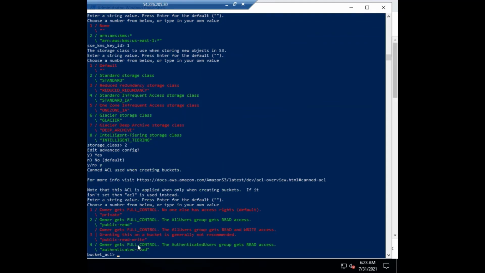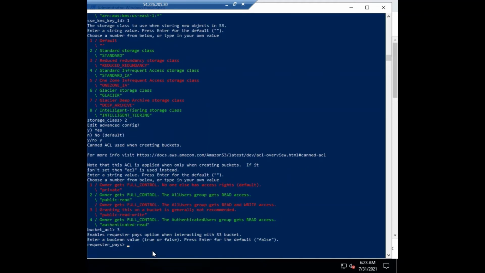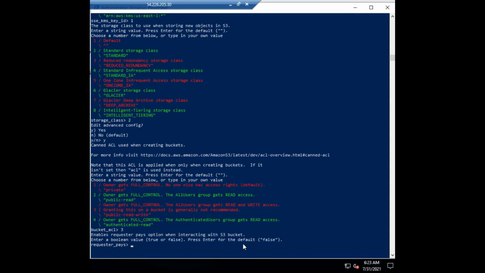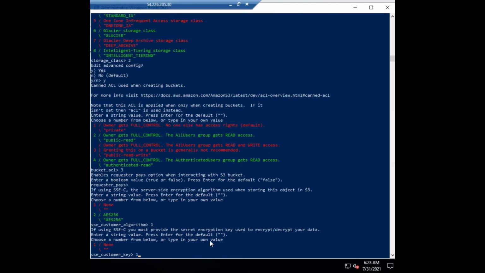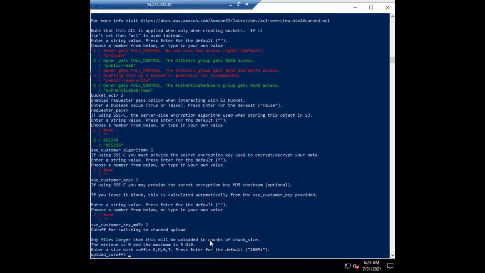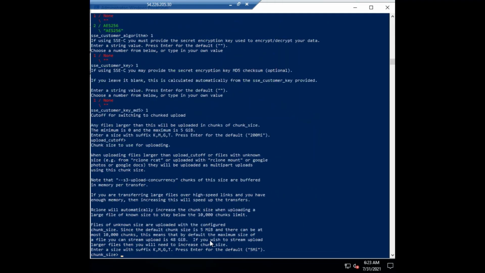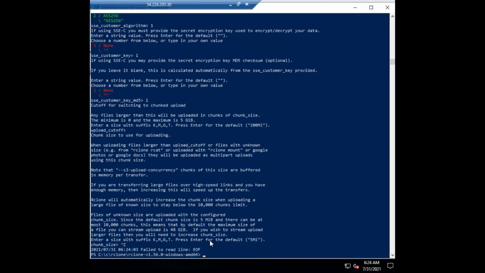And now for the bucket ACL I'll select 3, owner gets full control again, and then from here, if you see edit advanced config, I would rather say click on no, because I don't think advanced settings like ACL or anything is required. This is just to showcase it. If it's required, you can fill up these requirements while mounting your bucket, or you can just exit it. So I'll just do that,